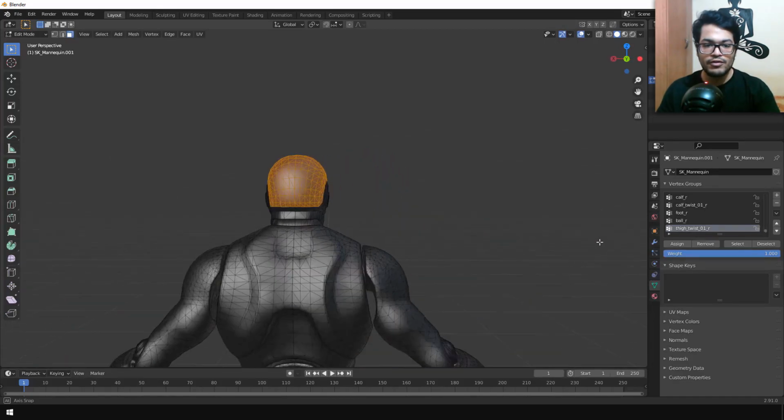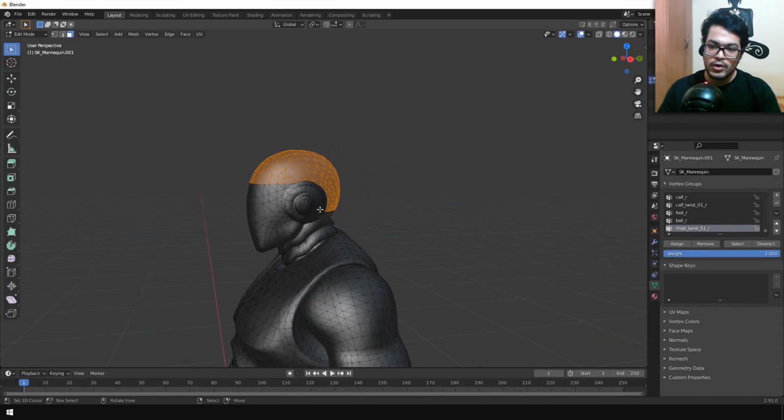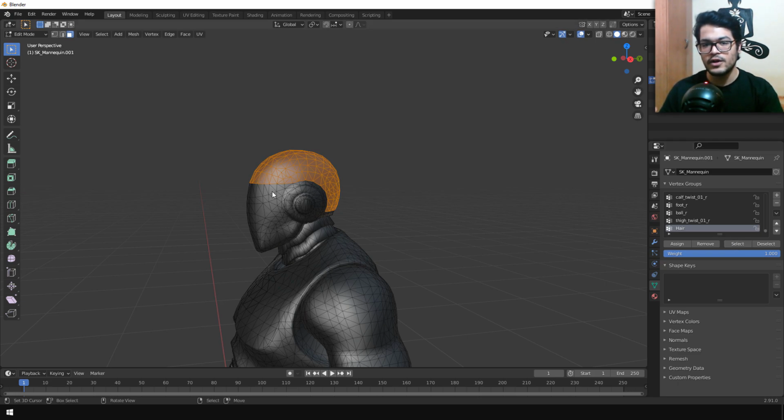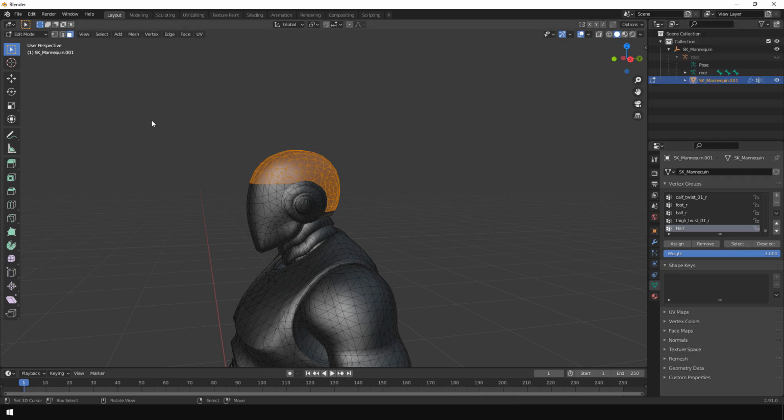After you have selected your faces, what you need to do is you need to go under the vertex groups and hit that plus button. And that is going to create a vertex group. And you can rename this vertex group to hair. Now a vertex group is simply a group of polygons in Blender, and make sure that you press that assign button. That is quite important. And in order to check whether the faces are correctly assigned to the vertex group, you can deselect and select, and that will make sure that the vertex group is correctly set up.